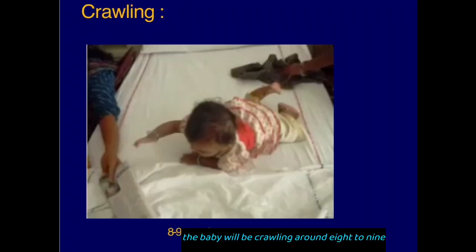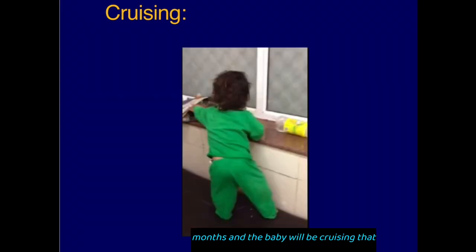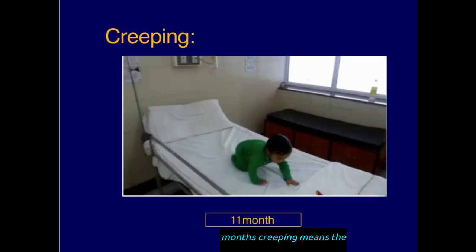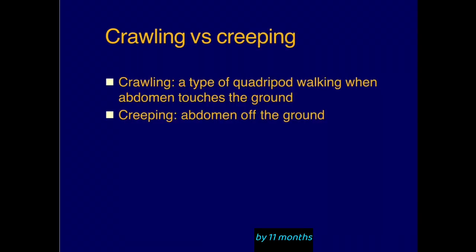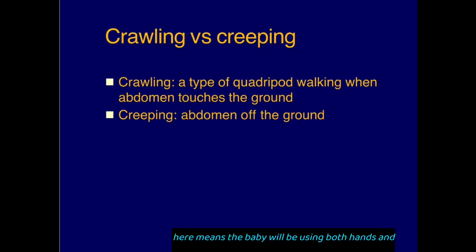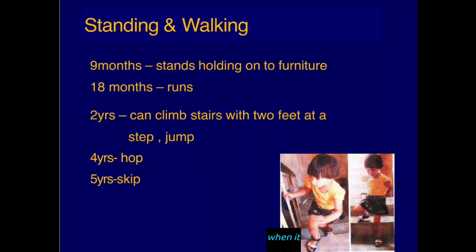The baby will be crawling around 8 to 9 months, and the baby will be cruising. That means the baby will try to pick up the things and look into the things by around 11 months. Creeping means the baby will be crawling on his knees and try to move on his knees by 11 months. Crawling is a type of quadruped. Quadruped here means the baby will be using both hands and both the legs while walking, and